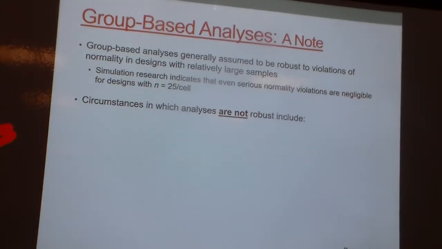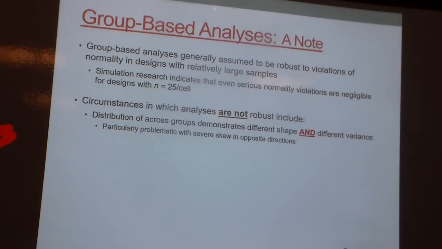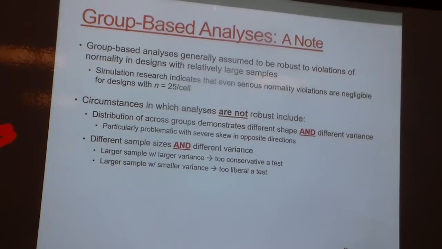But remember that we're not robust when we start doubling down on violations. So if our groups have different shape and different variance. So if I've got group A, condition A, my scores have a very, very strong positive skew, and group B, my scores have a very strong negative skew, and I violated homogeneity of variance, then I've got problems, right? If I've got 20 people in this cell and 70 people in this cell, and I've violated homogeneity of variance,